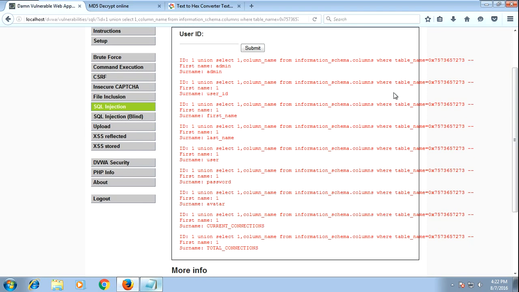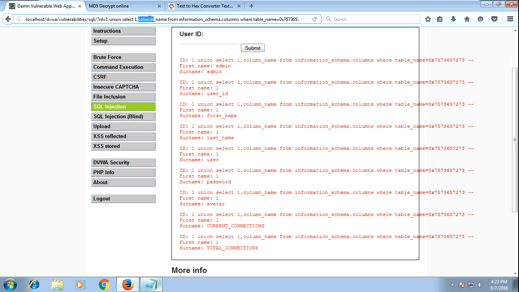We have got many columns, that is user_id, first_name, last_name, user, password. So we have to find the username and the password to log into the machine. We have to find the user column and the password column.